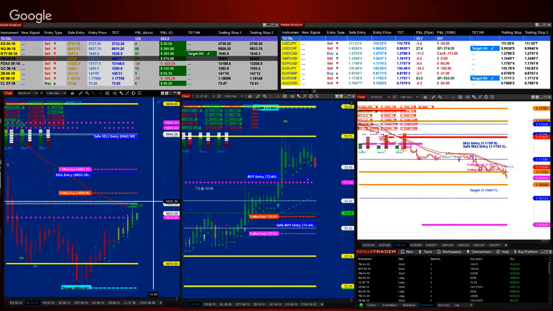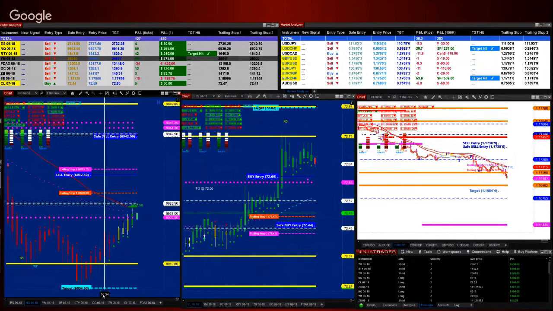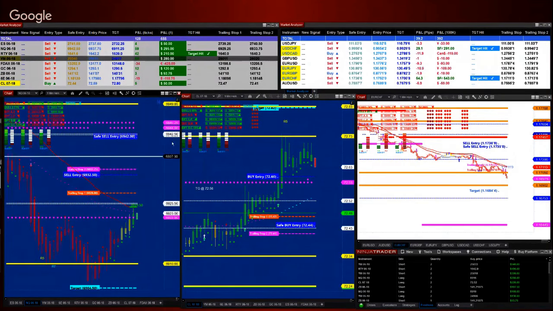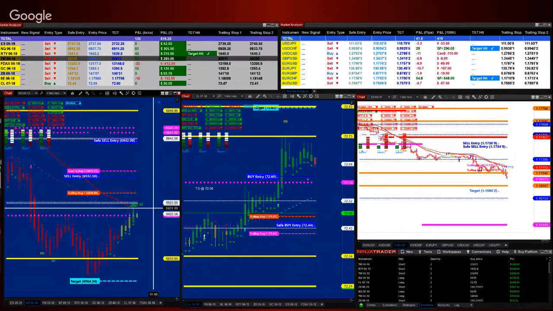Now we are followed by double resistance. So be careful if you are thinking about taking a long on the Nasdaq. Wait on the breakout, pullback, re-entry, but do not jump on the Nasdaq right now for long. It's odd to take a trade on the long here. It's going to be almost impossible to make anything out of it. So let's wait.